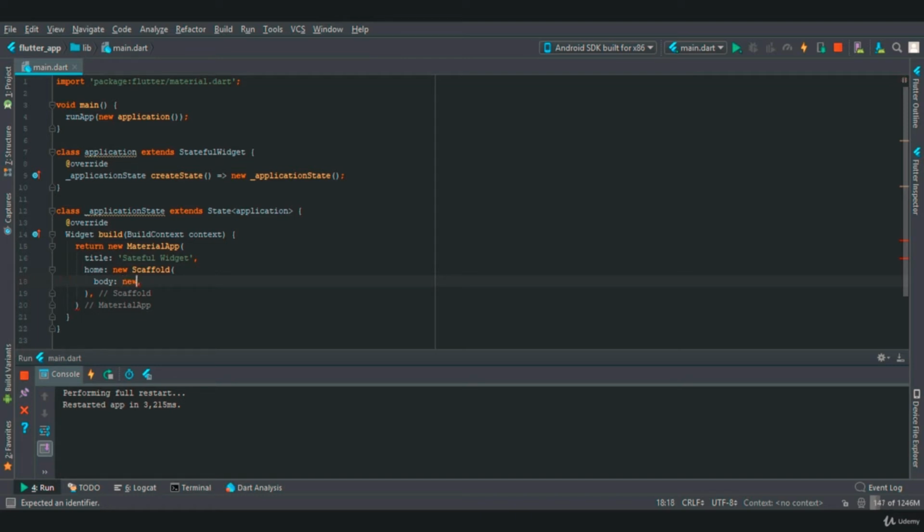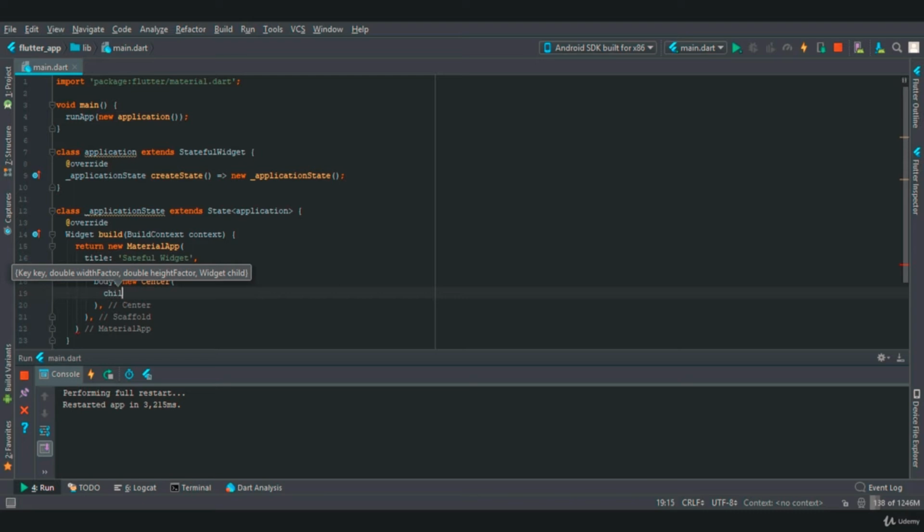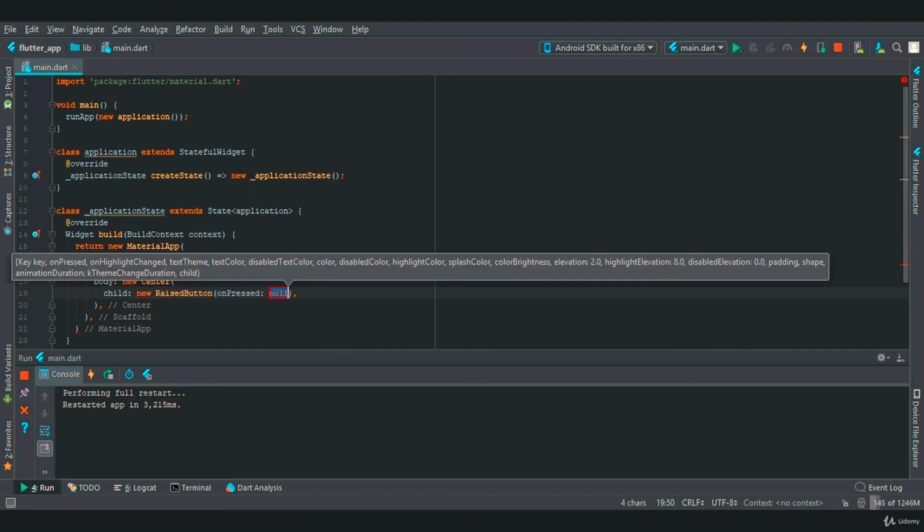So in this we are going to create a Center widget that will align our button in the center. So in this Center we will create a new RaisedButton. Now this RaisedButton takes an onPressed property.